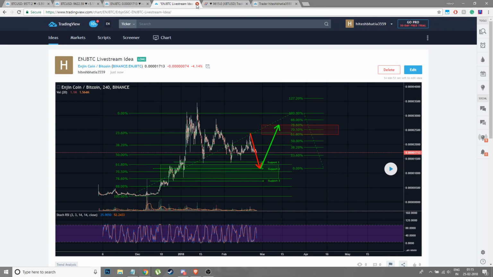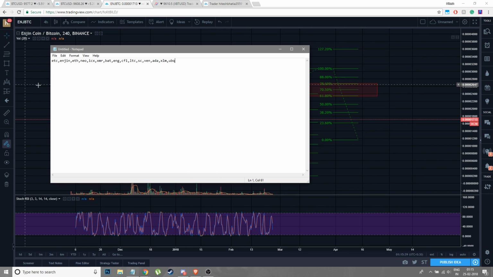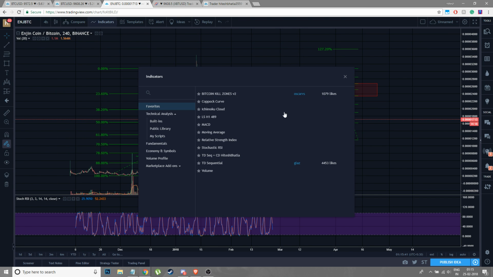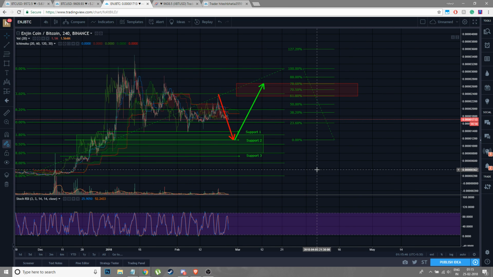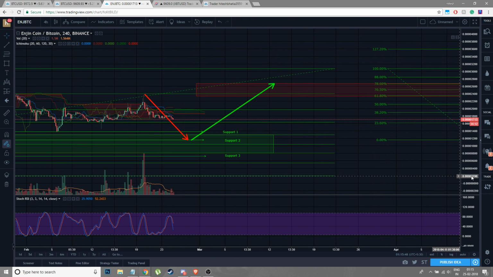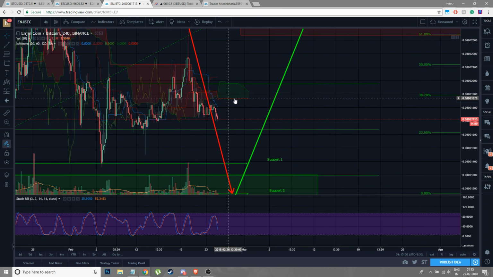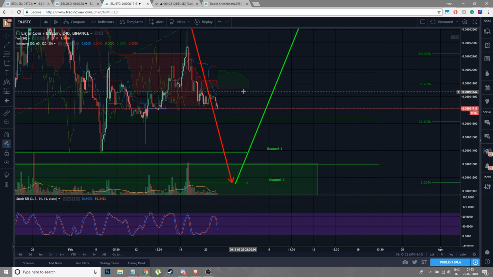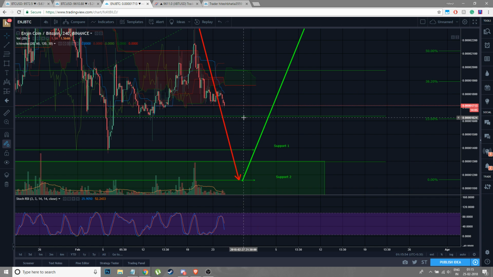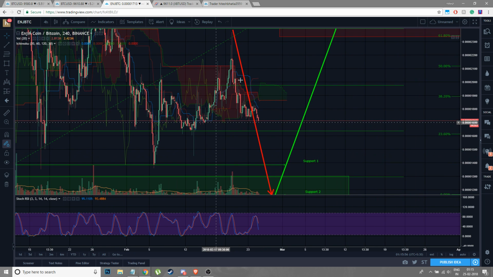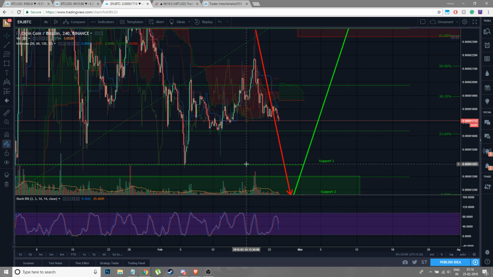Cool. The next thing, I'll probably just quickly load up the cloud. Let's see what the cloud has to say for ENJ. Yeah, there's nothing the cloud has to say right now. There's definitely a green cloud there that will act as a rejection area if there's a small bounce at this level. You can start drawing fibs on the lower time frames, but I'm looking at the